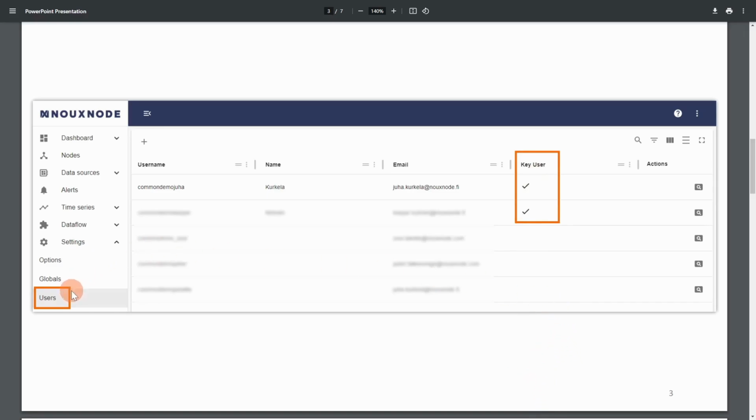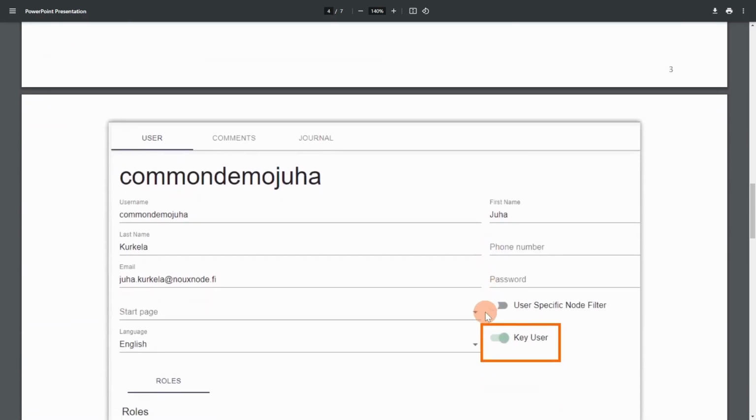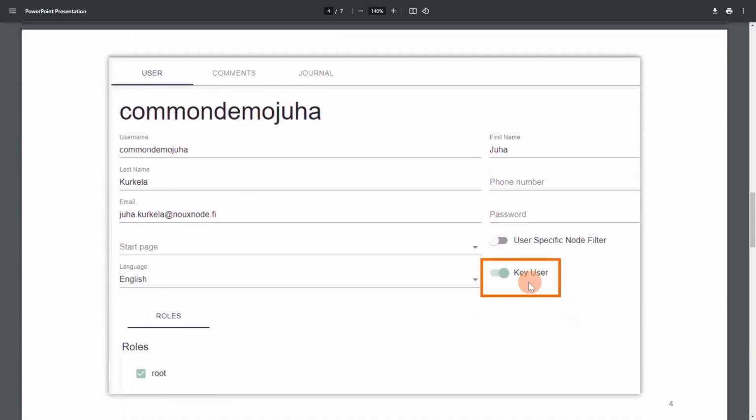And how that is controlled, it is in the users menu, and if you open a user, I have another screenshot of that one. Here is a toggle for the key user. You need to have root role to have access to this, so that you can activate this key user thing. Okay,